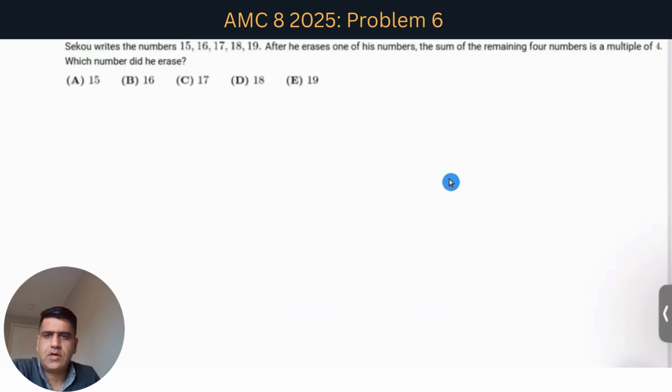Okay, so now let's look at the next problem. That says that someone writes the numbers from 15 to 19 and he erases one of the numbers. The sum of the remaining numbers is a multiple of 4. So which number did he erase? So to solve a problem like this, one strategy could be to simply take the sum of these numbers and then subtract 1 by 1 and divide by 4 and see if the resulting numbers are multiples of 4 or not. So if we take the sum of these numbers,